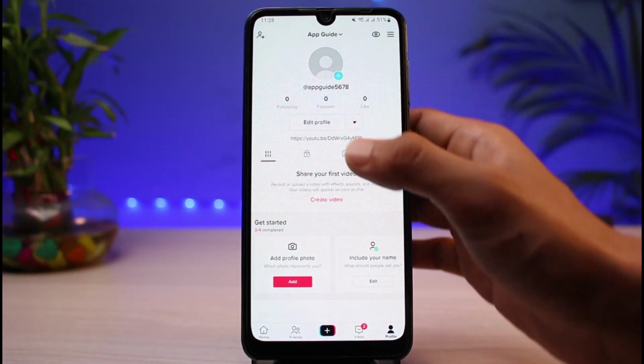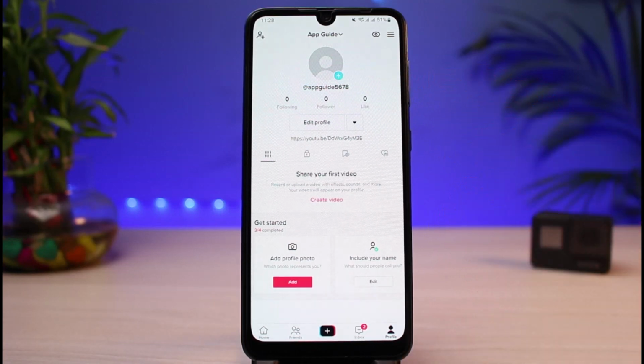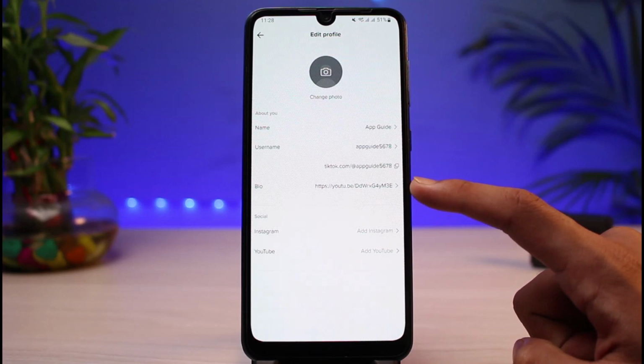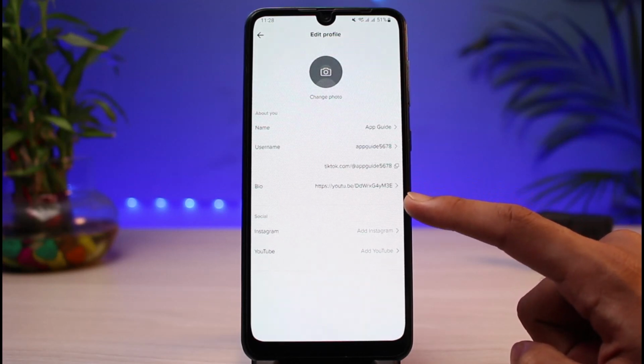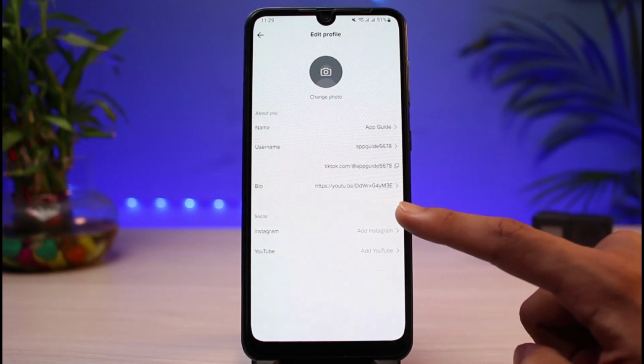Now in order to add a clickable link, you need to have at least 1,000 followers. If you don't have over 1,000 followers, you will not be able to add a clickable link. And once you have over 1,000 followers, you could tap on the edit profile button, and instead of the bio option which you typically see over here, you will enable a new option which says website. So once you've crossed 1K followers, you'd see a new option somewhere in between which